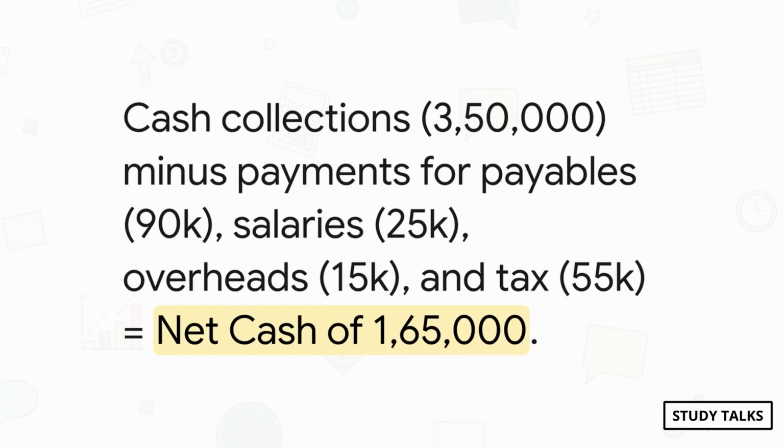Okay, here we go. Let's build this thing from scratch. We're using the direct method here, just for clarity. First, we tackle operating activities. We start with cash we collected from customers, a positive $350,000. From that, we subtract the cash we paid to suppliers, for salaries, and for other overheads. That leaves us with $220,000 in cash generated from operations. We then subtract the actual income tax paid, and we land on our net cash from operating activities, $165,000.